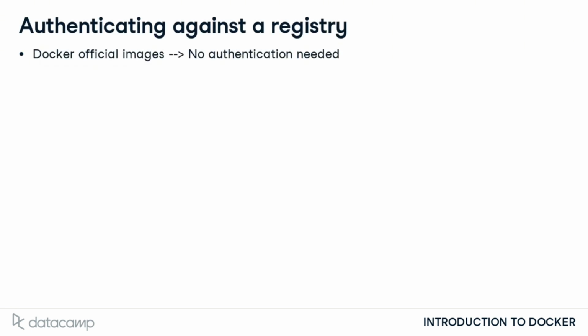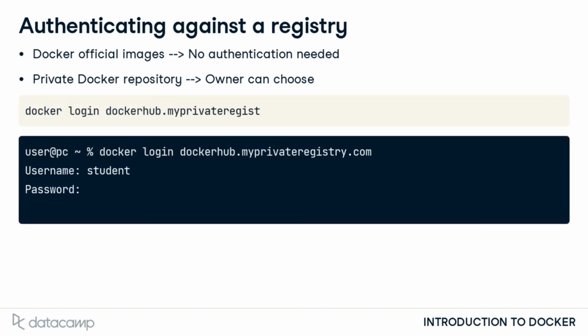While the Docker official images can be pulled without authentication, anybody creating a private Docker registry can make it private and require authentication. The standard way to secure private Docker registries requires users to log in. We do this with the docker login command followed by the private registry you want to authenticate for. For example, docker login dockerhub.myprivateregistry.com. The URL we authenticate for should be the same as the URL we put in front of an image